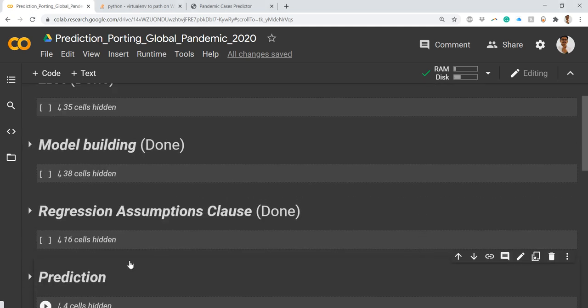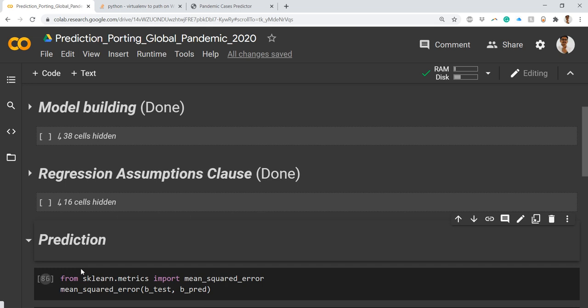Before doing the prediction, we will check the mean squared error. Mean squared error is the MSE, a standard way to check for the errors. Although we have already calculated the residual from y_test and y_predicted, mean squared error is one such way by which you can also test the errors present in your model. Mean squared error is nothing but you square the residuals and average them, and that gives you the mean squared error.